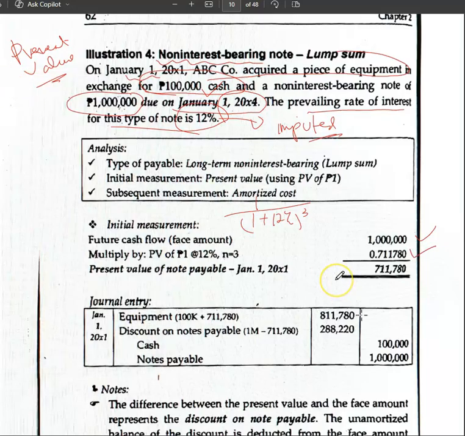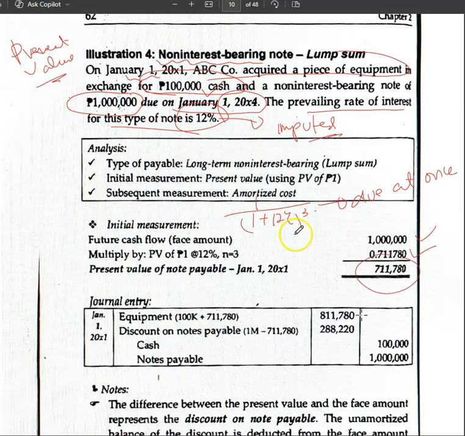Okay. But there are some problems that the present value factor is given. But if not, of course, at least you know how to compute kung paano yung kinompute yung mga present value factor na yan. Again, this computation is for due at once. Remember that, ha? Due at once. Kasi iba naman yung computation pagdating doon sa installment. Okay. So ngayon, when we multiply the 1 million with the present value factor, then it will give us